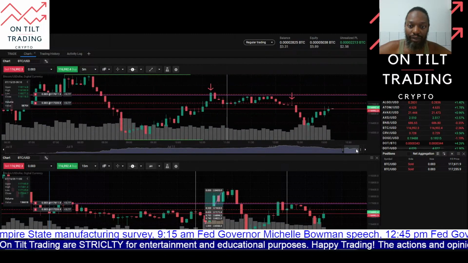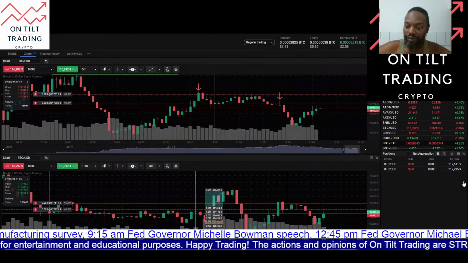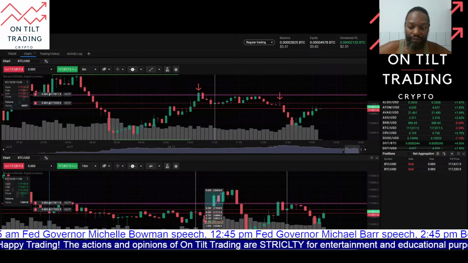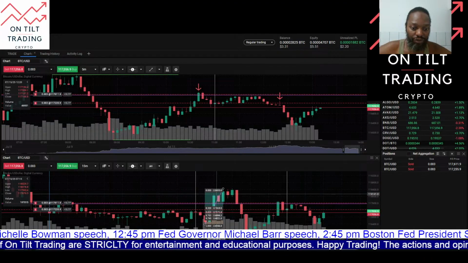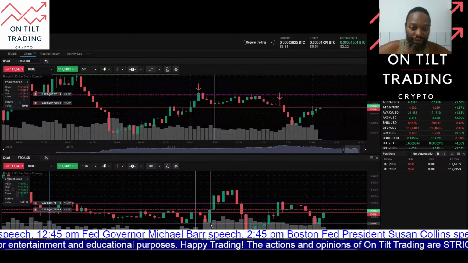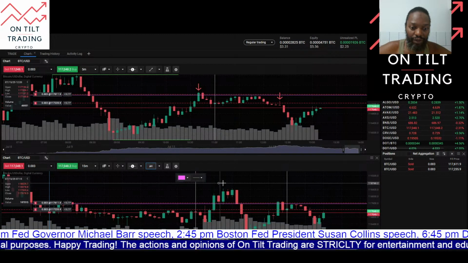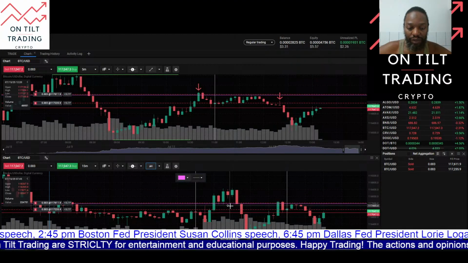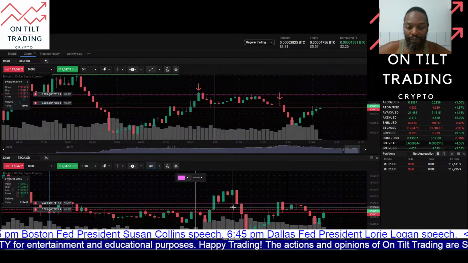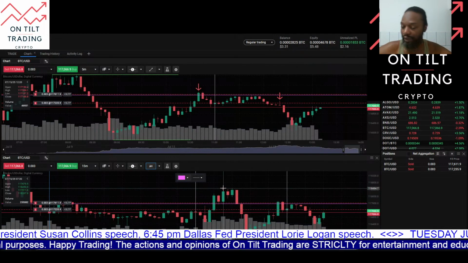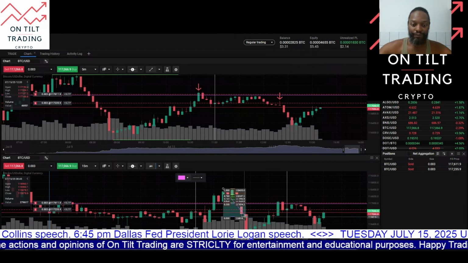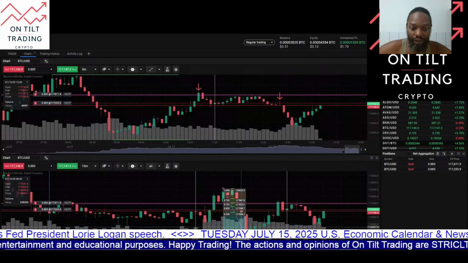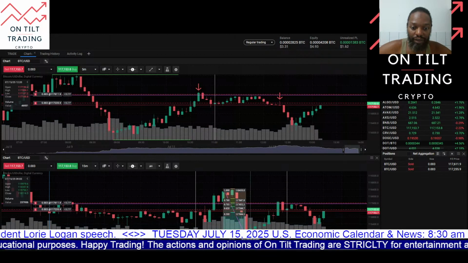But if we come forward here, I took this entry just off of a break of structure on the 15-minute. That market structure shift failed when price sold below here but never gave a pullback, but then sets the low of this market structure shift down here. So with that low being set,